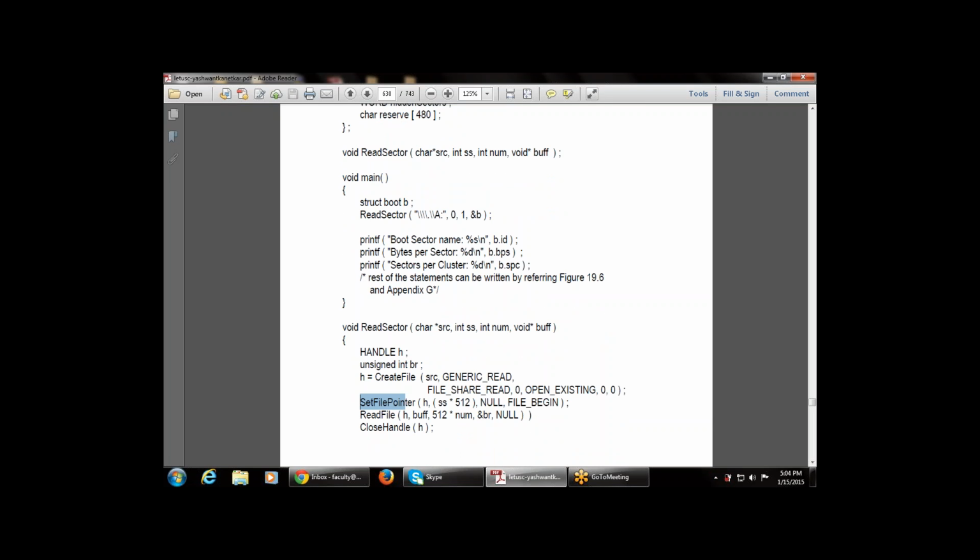Then there is SetFilePointer, for setting the values of the file pointer. It takes various arguments: h, then ss into 512, then NULL, then FILE_BEGIN, that is the beginning of the file. Then there is ReadFile, with h, buffer, h buff 512 into num, ampersand br,